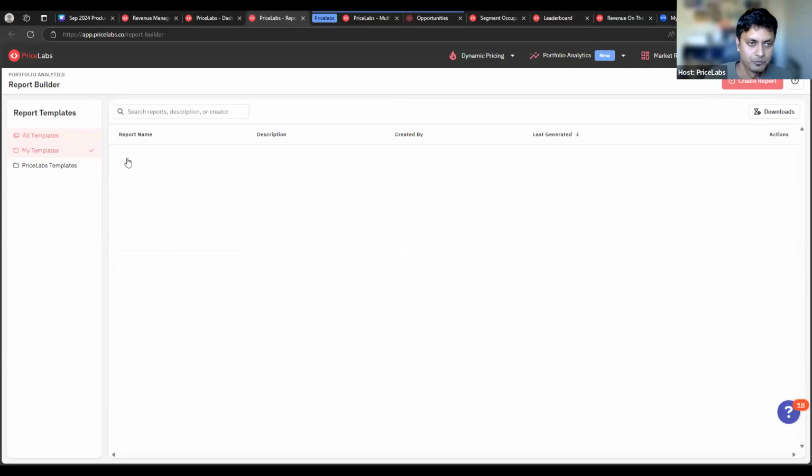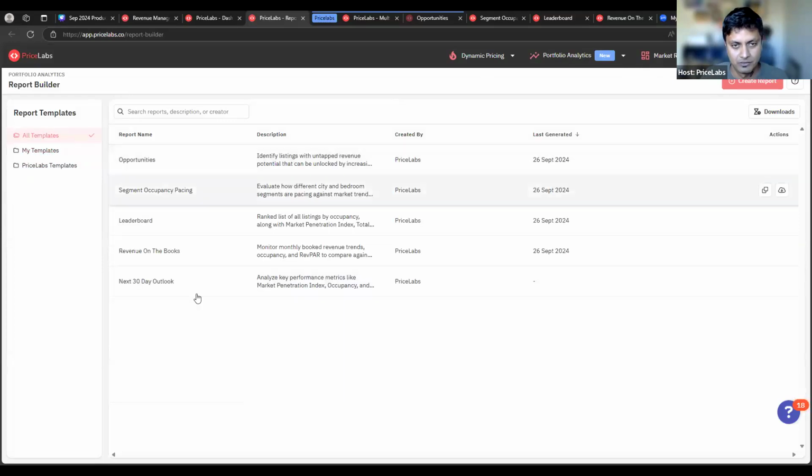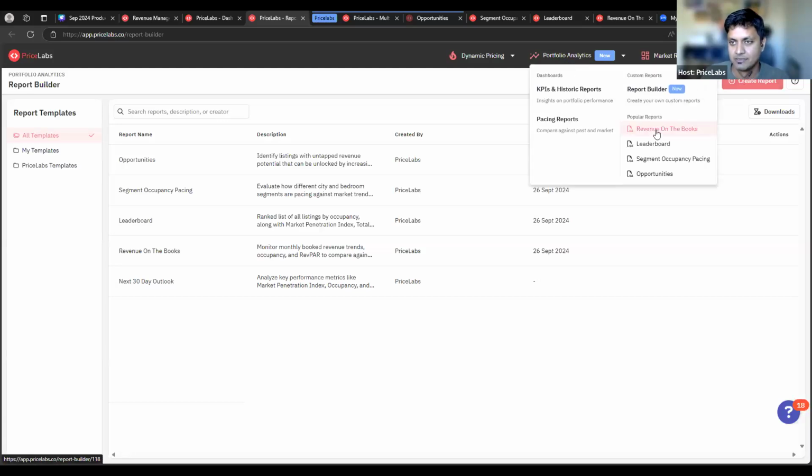And as and when you build them, they'll start showing up here, but all of them will always be in here. To create a template, you would go here. But before we go into the create mode, I really want to quickly show what these templates look like: the revenue on the books, leaderboards, segment occupancy pacing, and opportunities, because they all solve very specific problems that our customers